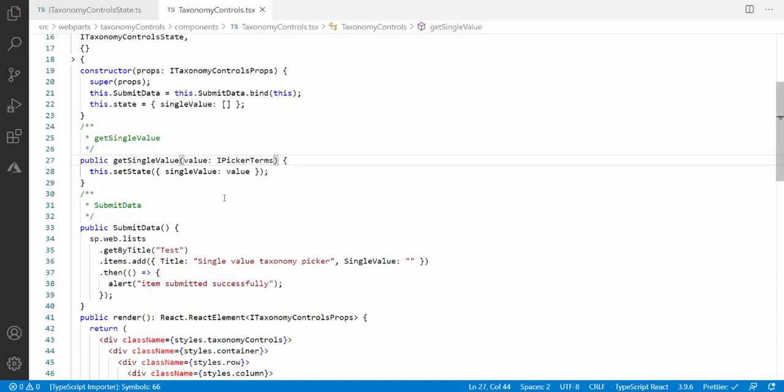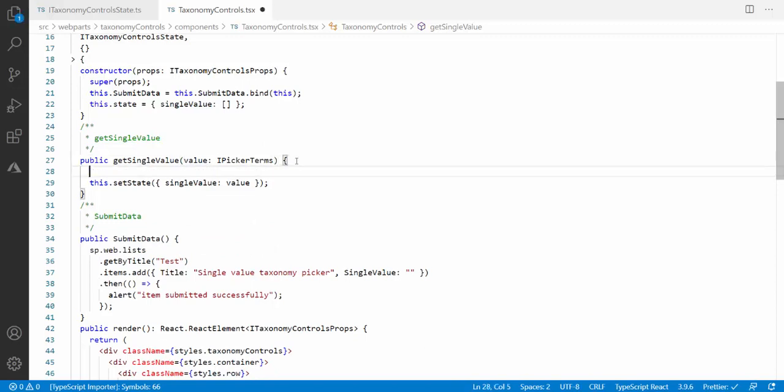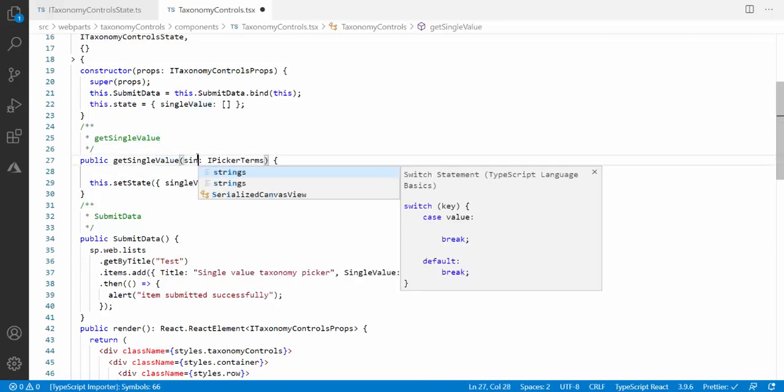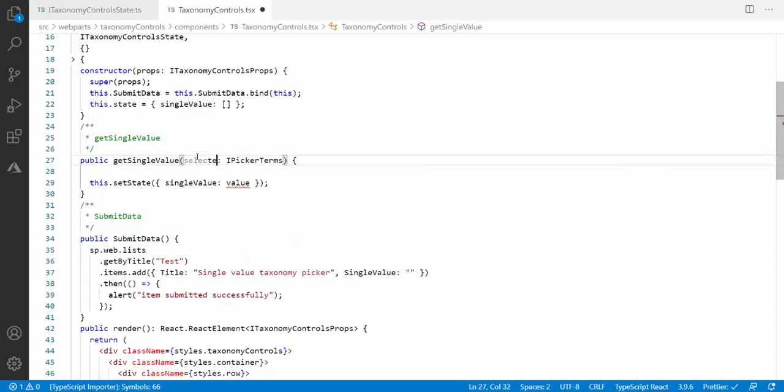Okay, so now we are all set, but before setting the value in the submit data, I want to show you what I will get in the value in this method. I will also rename, instead of value, I will call it selectedTerm. Okay, yeah, this is a better name, selectedTerm. So now I will show you in the browser. I will do console.log, and I want to show you what value I will get in my selected term, how it will come, and how we have to interpret it. So let me just do it. Selected term, this is fine, and it will get triggered on change.